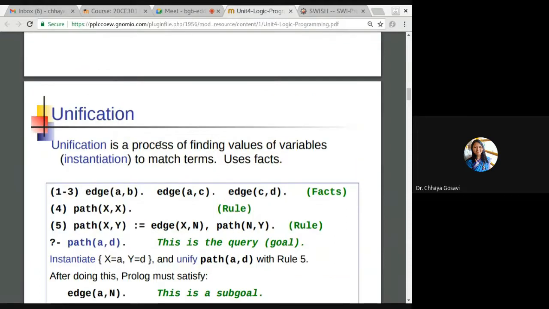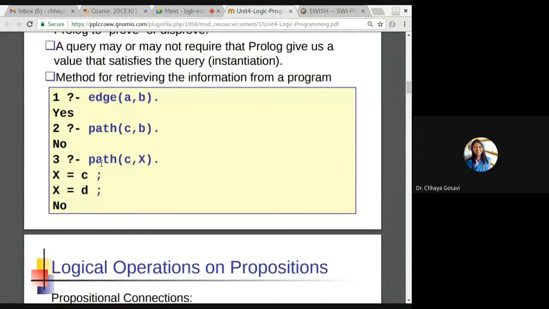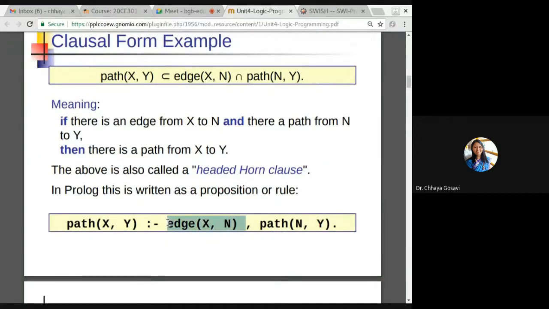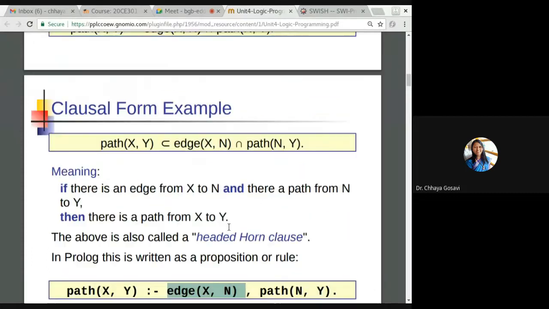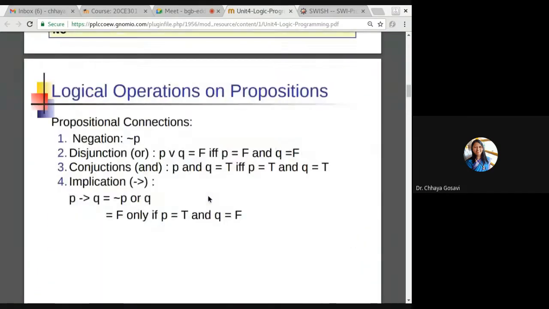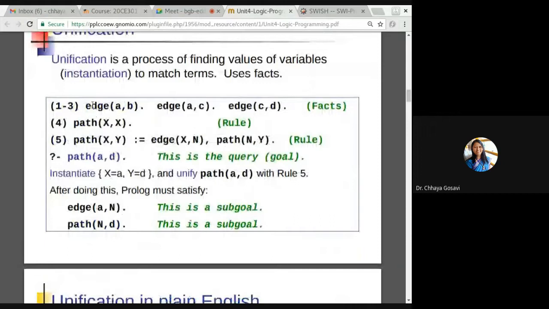For example, path C to X. First, it will convert it to edge C to N. How many edges are from C to N? There is only one edge, from C to D. So it is just matching the query with the available fact. That is called pattern matching. For example, here there are three facts: edge A to B, edge B to C, edge C to D. These are facts. This is a rule and this is also a rule.